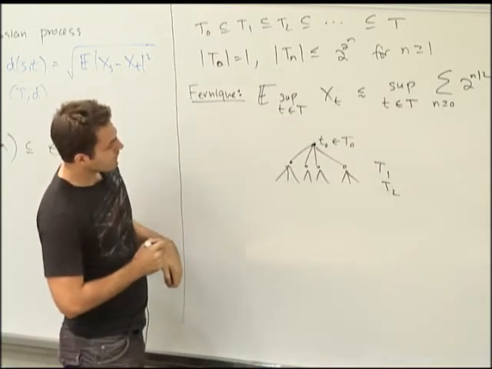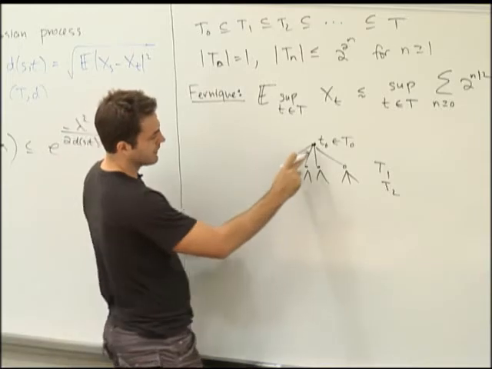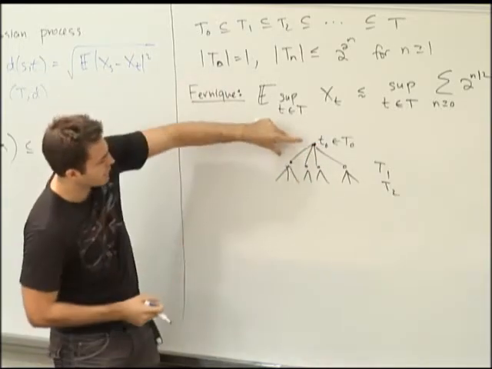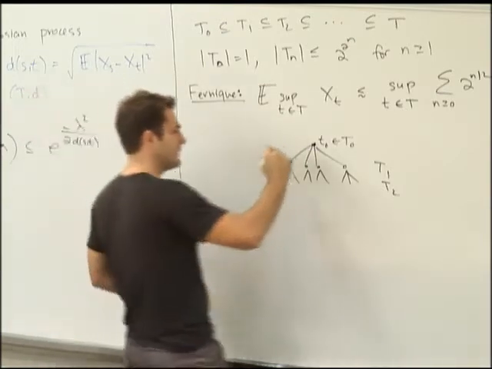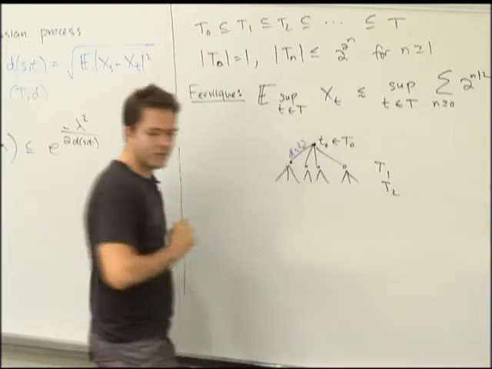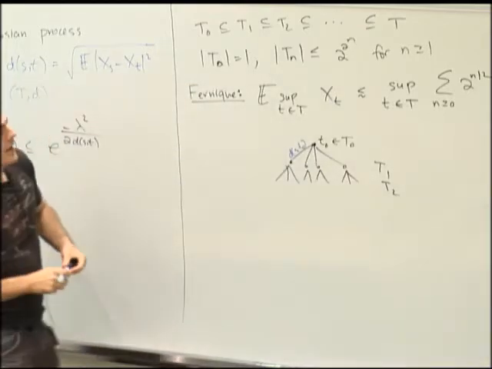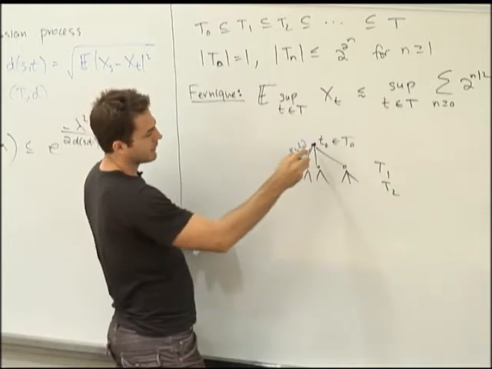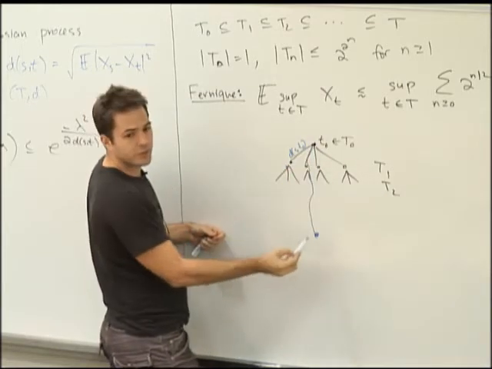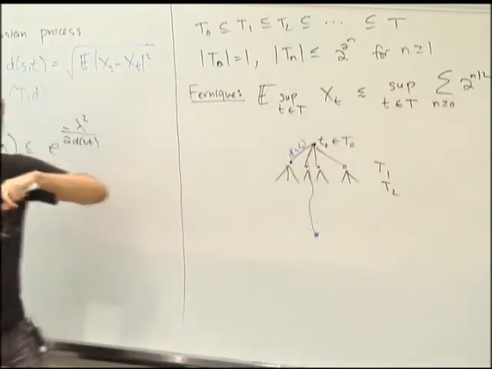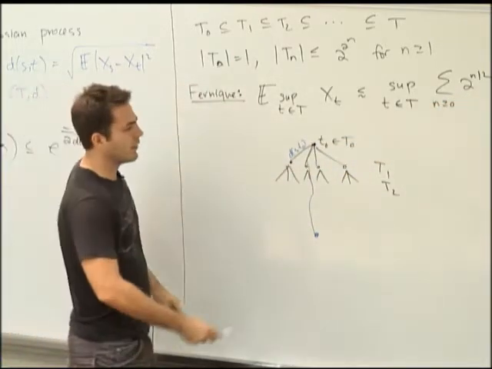Well, we just said, OK, all the edges of the tree represent pairs of points in a metric space, so the edges of the tree have lengths on them. And if you look at what this quantity is, it basically looks at the longest path in this tree, but where the nth level is weighted by 2 to the n over 2. Okay? And if you want to get an upper bound to match that, all you do is you come here,